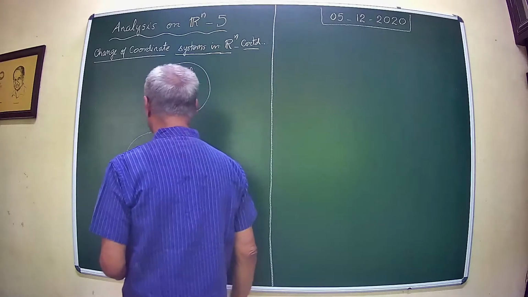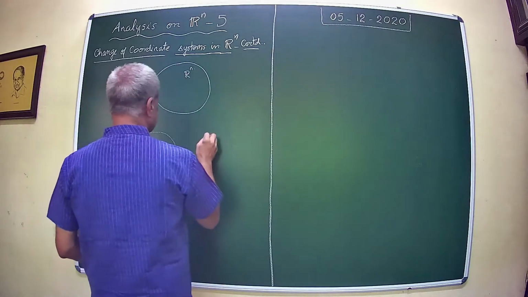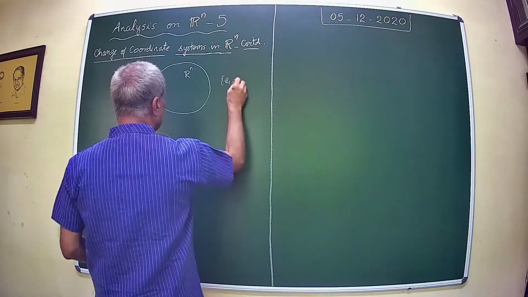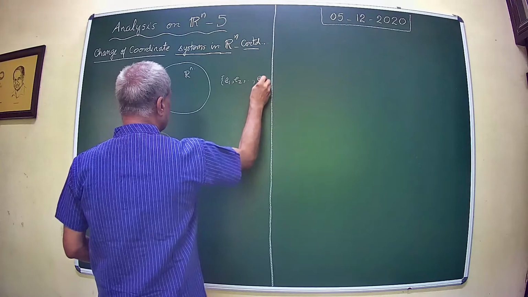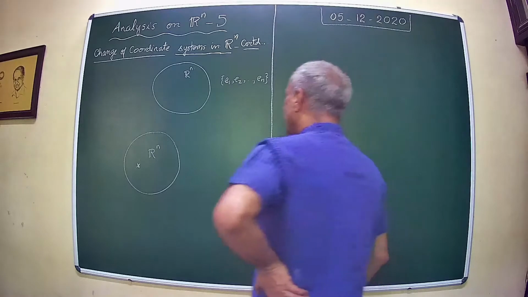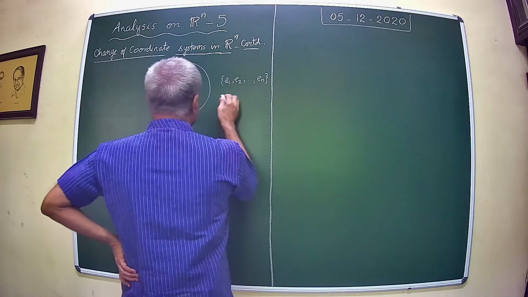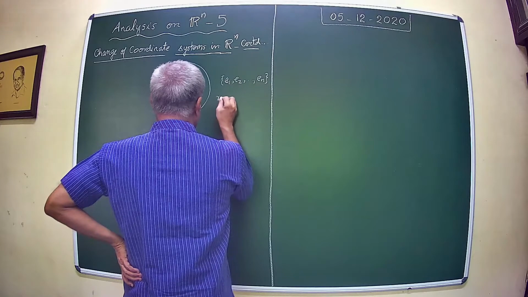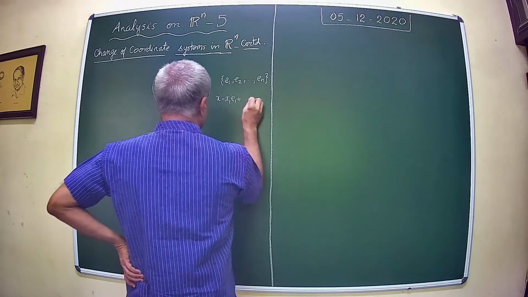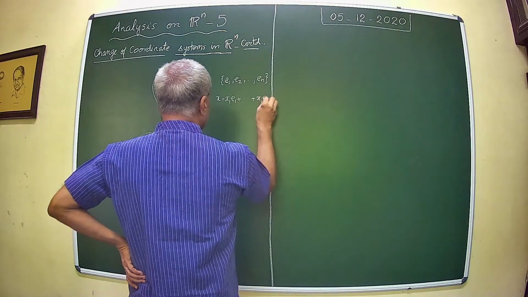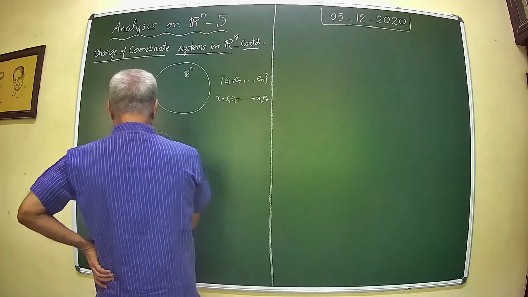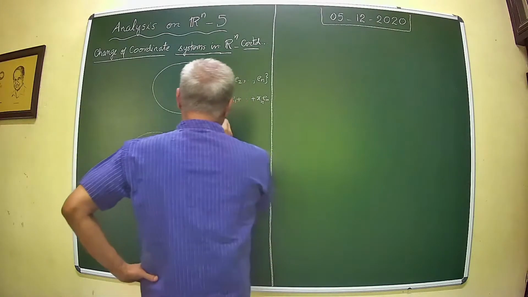I choose the basis E1, E2, etc., En for Rn. Now, what I do is, I write x as x1 E1 plus etc. plus xn En, or the vector x can be identified with